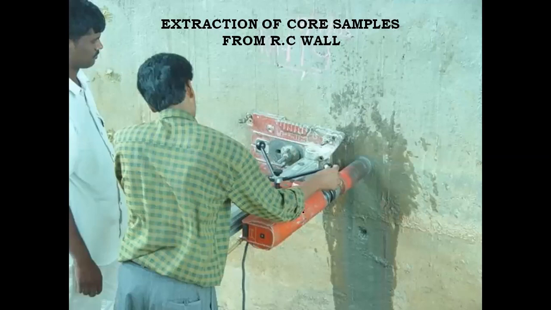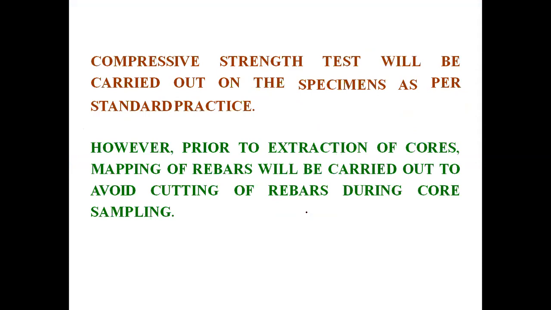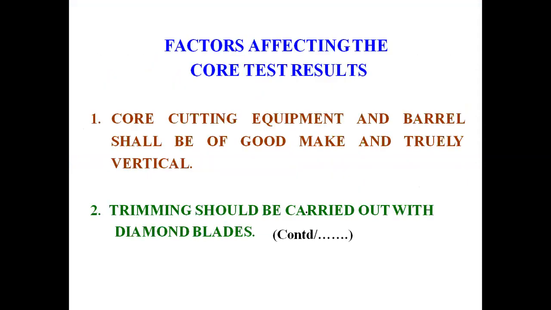Okay. So it should exactly be horizontal. When you are doing it for a vertical wall, it should be exactly 90 degrees, even for a slab or a floor. So it should be very good and truly vertical when you are making use of it in different applications.